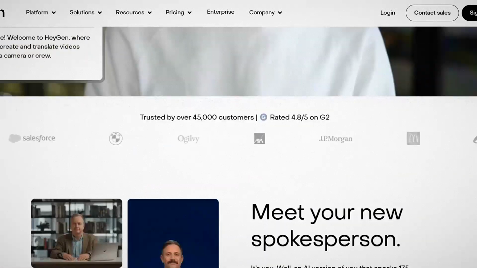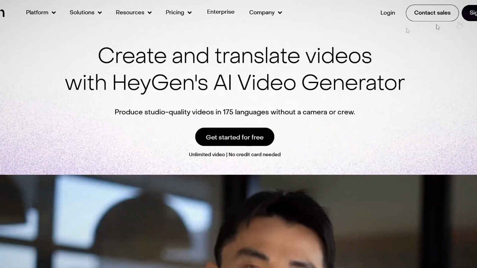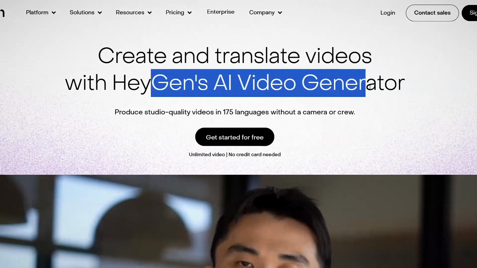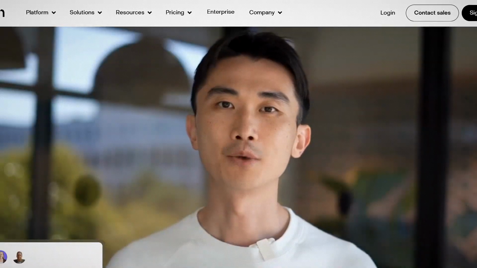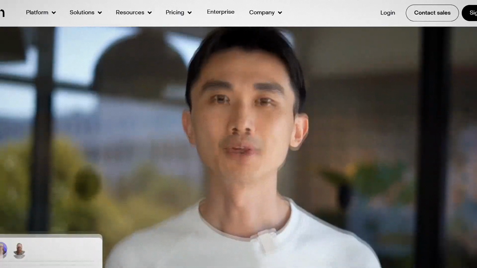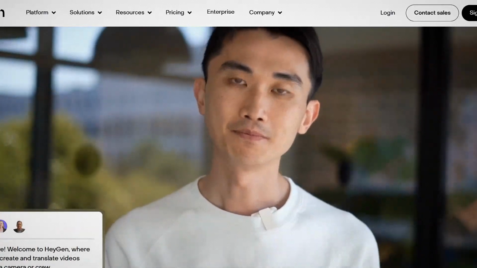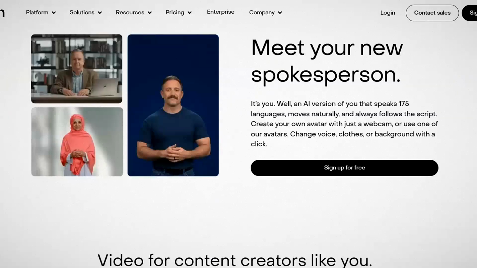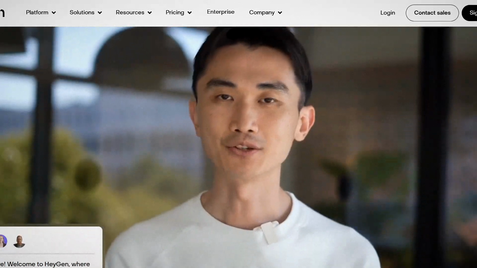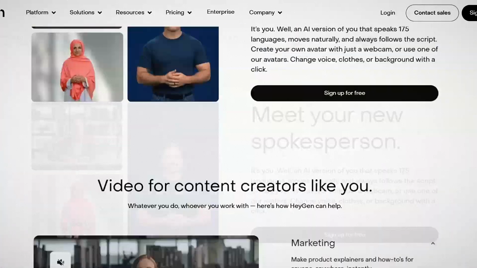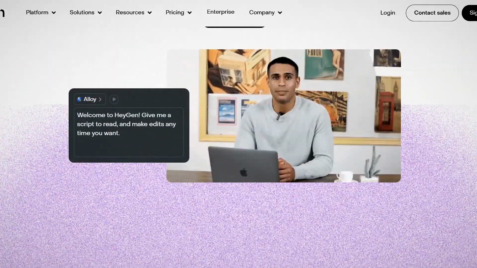Step 2. Set up and get familiar with HeyGen. Let's walk through how this works. HeyGen is an AI platform that simplifies video translation and dubbing. HeyGen uses advanced technology to replace the audio in a video with a natural-sounding translation. What's impressive is that it can even sync the voice with the speaker's lip movements, so it looks smooth and professional.